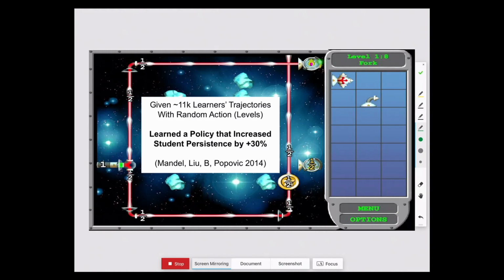And that was really exciting for two reasons. One is that we actually improved student persistence, which highlights why machine learning and reinforcement learning can really help us have much better policies. And the second is that these methods could accurately predict that future before we deployed it, which I think is really exciting in terms of having methods that are robust enough for us to deploy in cases we really care about. And so with that, I'll conclude.